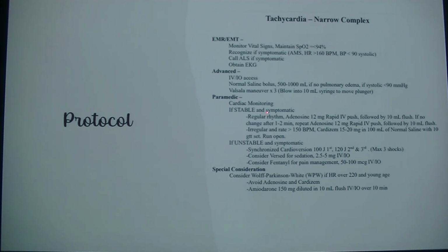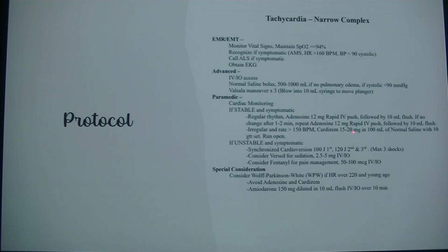So if stable and symptomatic, and if it's regular, we're going to go with the adenosine. And here's a change. We're going to start out with 12. We're not going to do 6 anymore. Start out with 12 if it's regular. And then we're going to do a repeat if we need to. However, if it's irregular,